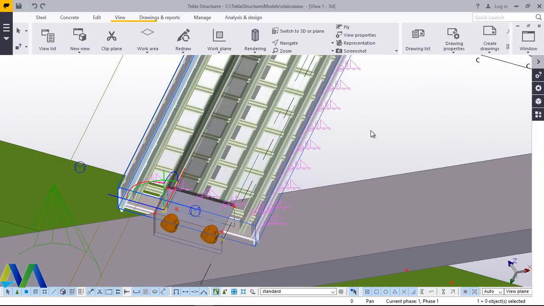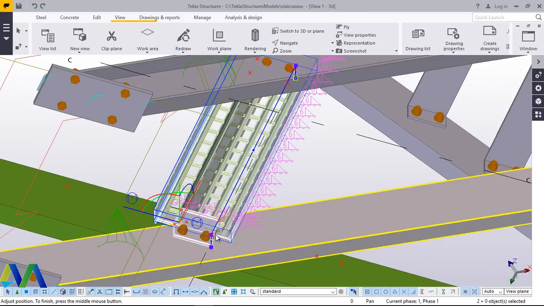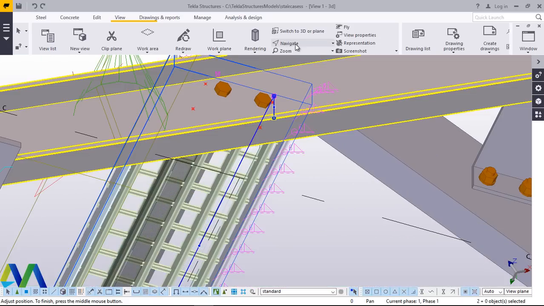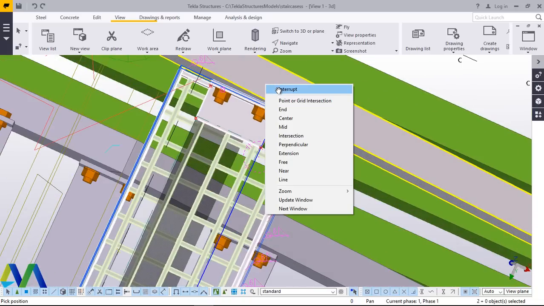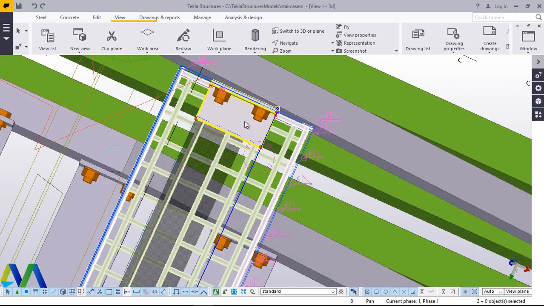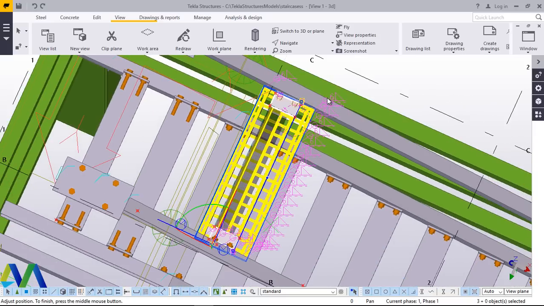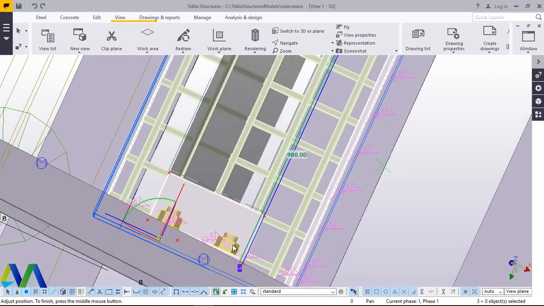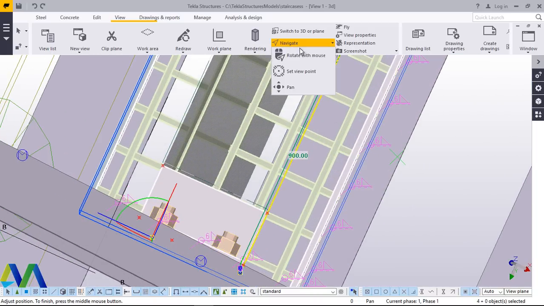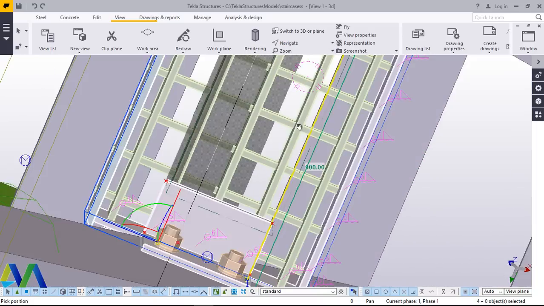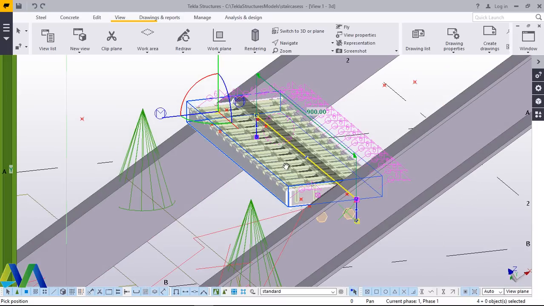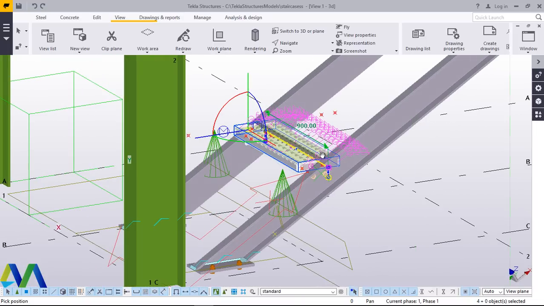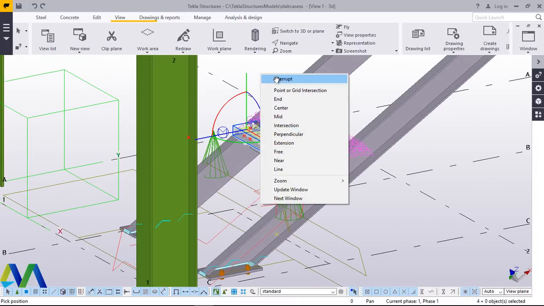Right click, press Ctrl and pick that, turn it again, press Ctrl and pick that, and pick that. Don't forget also to select the bolts in case they are left out. Then turn this round, right click, interrupt,